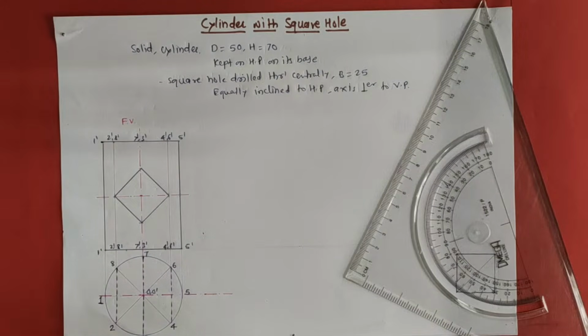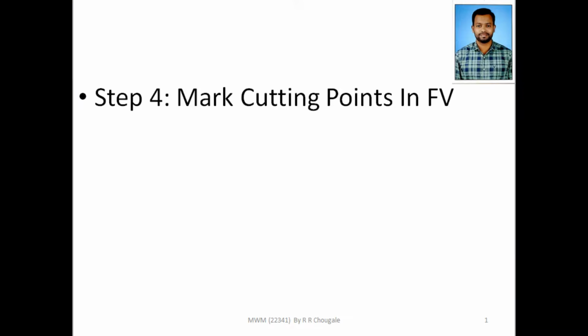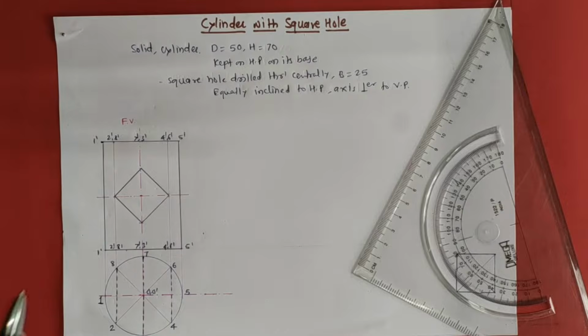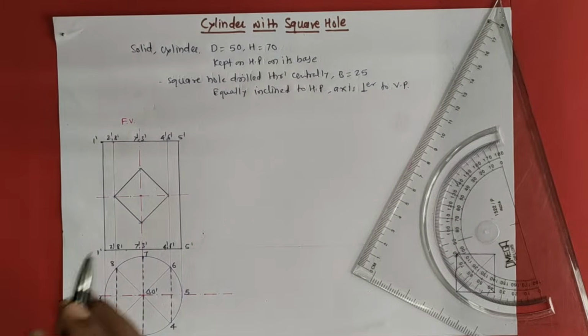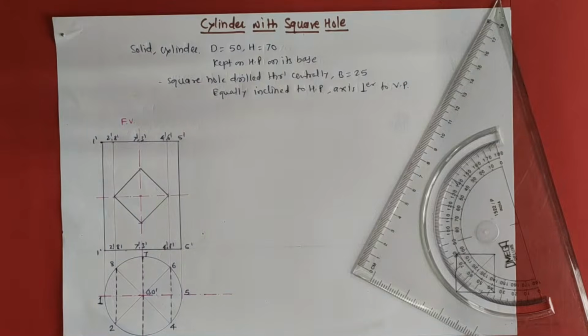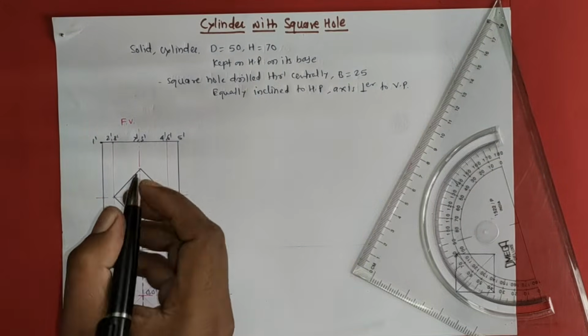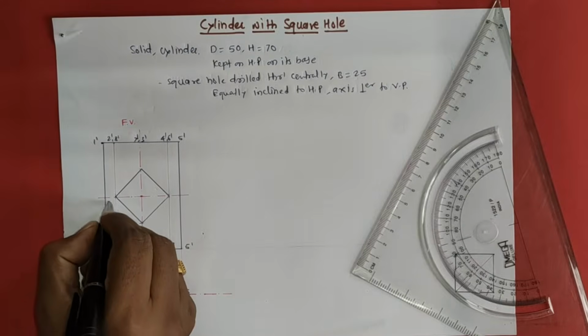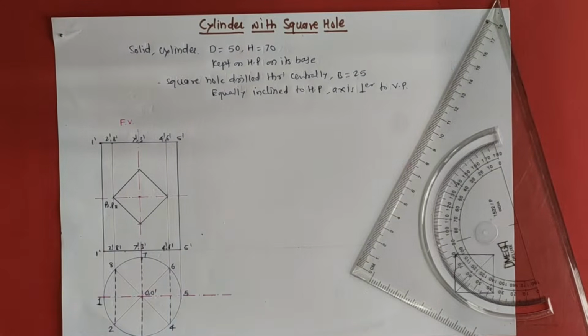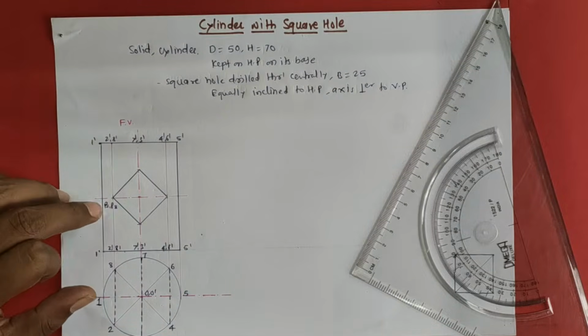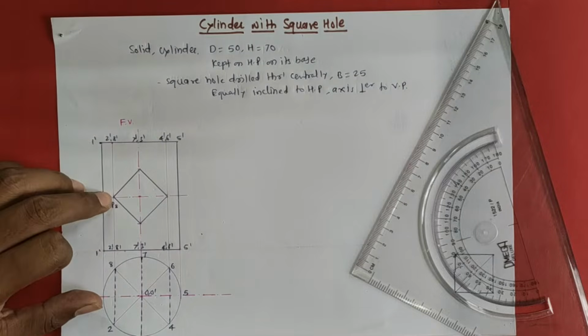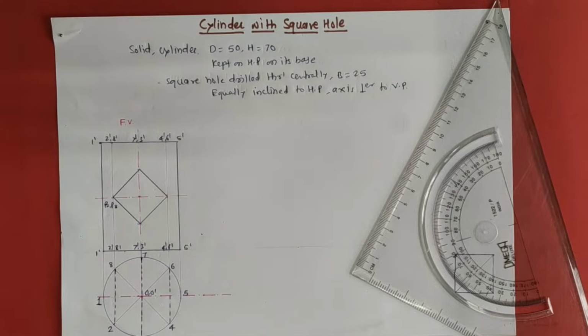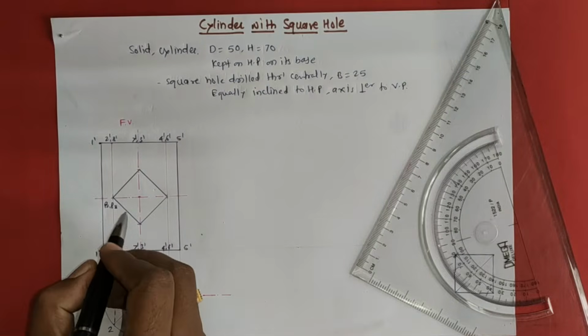Now next part is we have to mark cutting points. So I will start from this side. See, this corner is passing through the 2 dash and 8 dash points, so I will write here P2 comma P8. Okay, two lines are there and these two lines are cut at once. Then we will get 2 points here, P2 and P8.